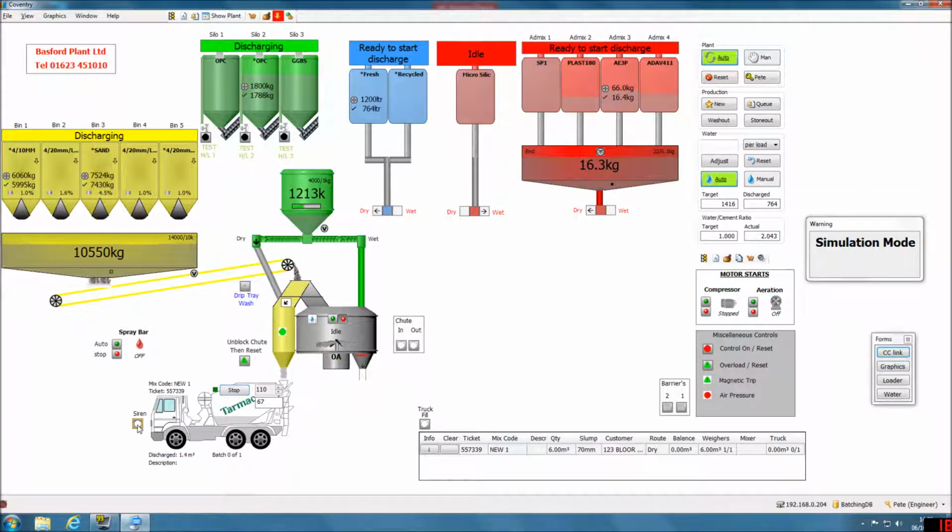We have control if we want to indicate to the driver to make a siren sound outside, we can do that there. This section of the screen shows the progress of the load, so it's showing the ticket number, the mix code, the quantity. It's showing you who the customer is, and we can easily just spread that across there to get more information. What the route is, there's 0 left in the balance, it's a 6 metre load, and